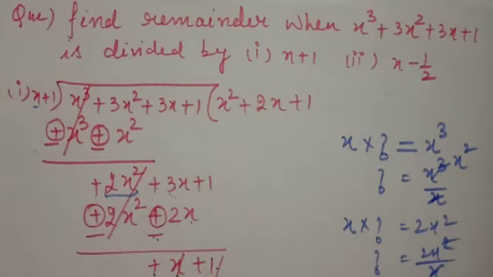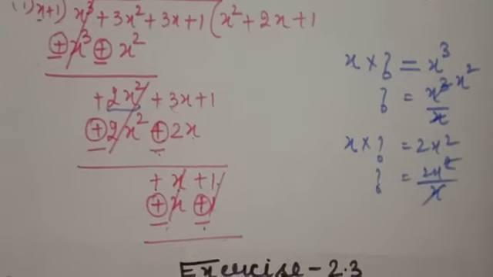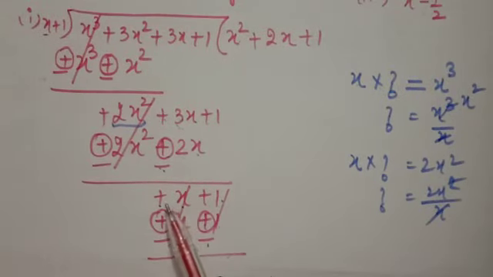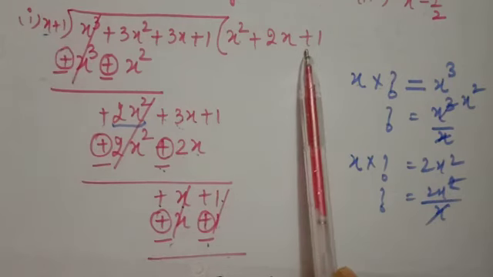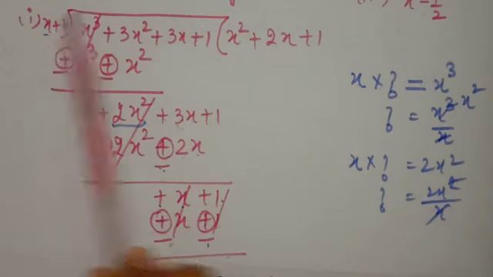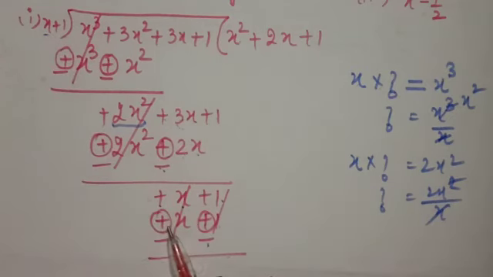And the remaining part of the question, this is x plus 1. Now we have to multiply by plus 1 only, because we want x plus 1, so multiply with plus 1. So we have x plus 1 here, then sign change, both cancel. So the remainder is 0. Remainder is 0. This is our remainder theorem, and this is the long division method.